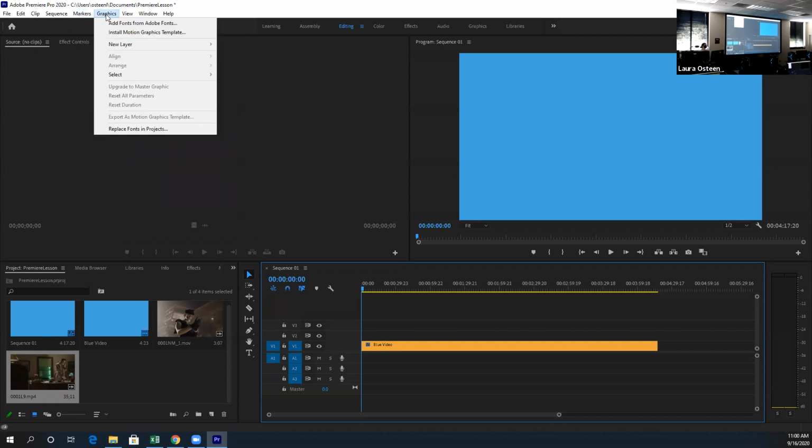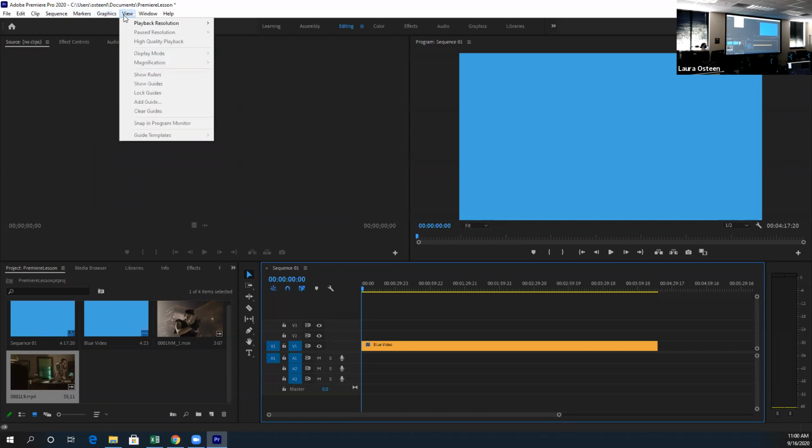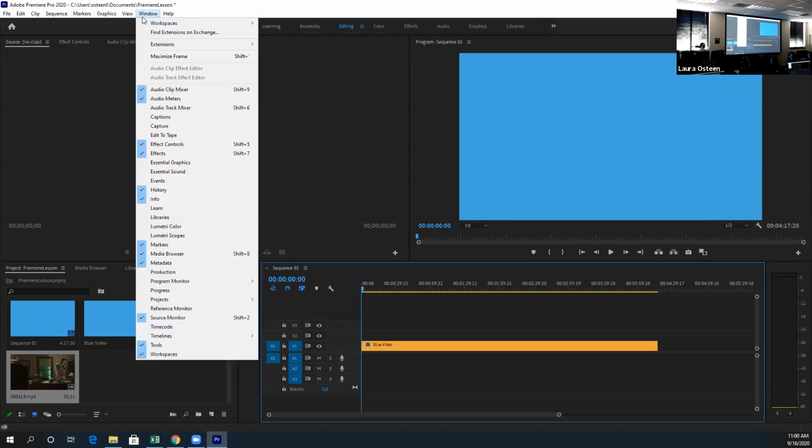Your graphics are, like I said, they're fonts. So if you need to download a new font, you can find it here. Your view is where all of your viewable stuff is located. Do you want your playback resolution to be full, half, a quarter, eighth, or 16, that sort of thing. Windows, this is where all of the buttons are